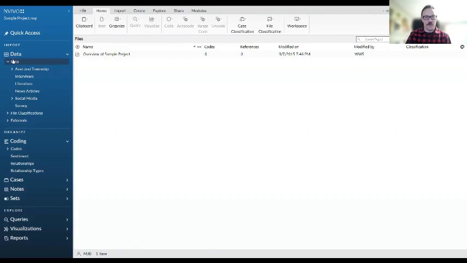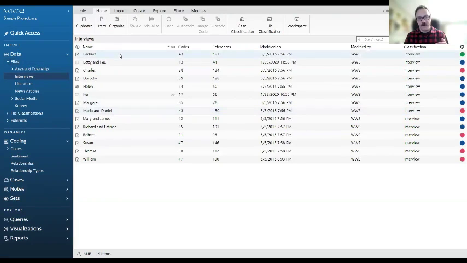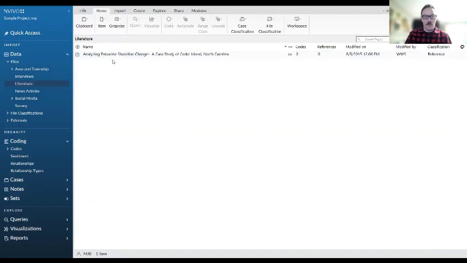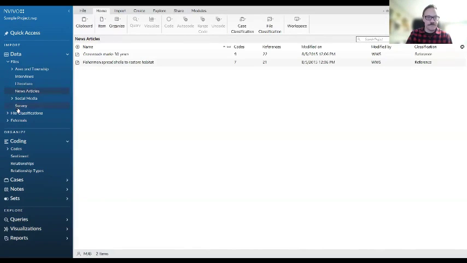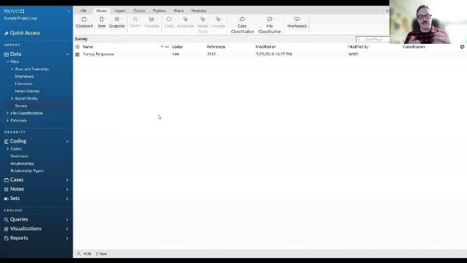But you can also look here and see that there are many different folders and many different kinds of files. A couple of those sample files I drew directly from here. We've got a number of different interview transcripts, an academic article, and a couple of news articles. We also have what I wanted to show, which is what a survey response looks like once it comes fully into NVivo. And so if I open the survey response,